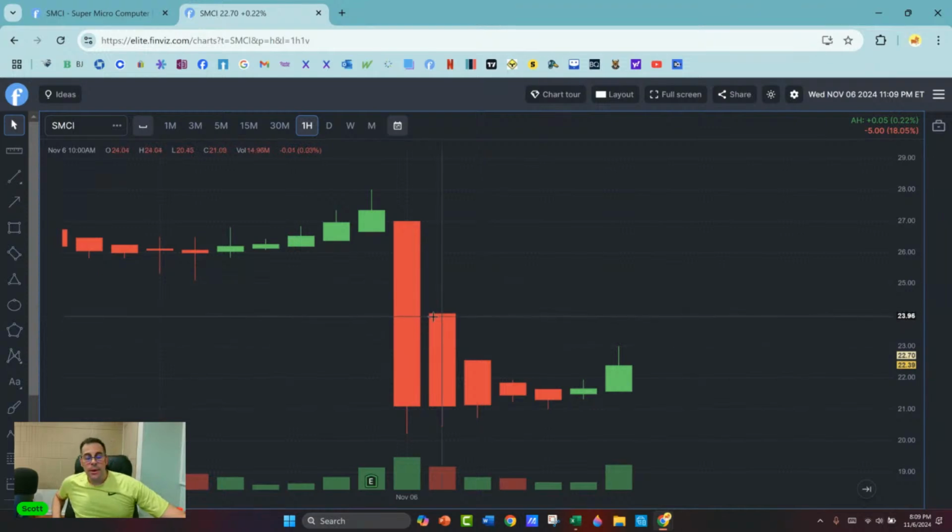So the second hour, it opened here at 24. It closed 21.14. Then the third hour, it opened here, closed here. The fourth hour, it finally had some upward, because generally when a stock price gets low, it's more appealing to